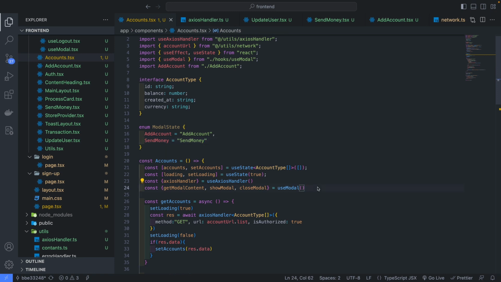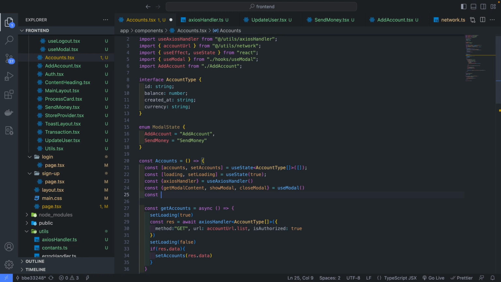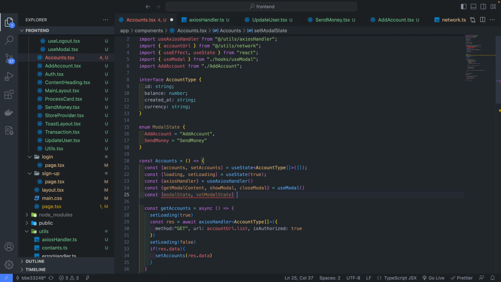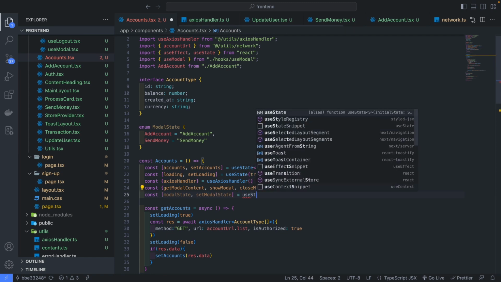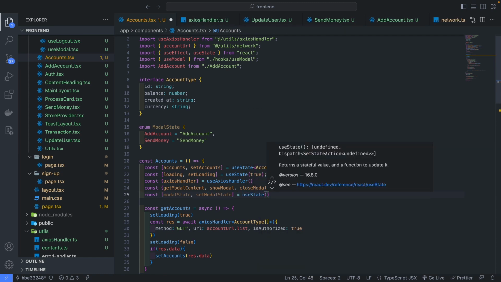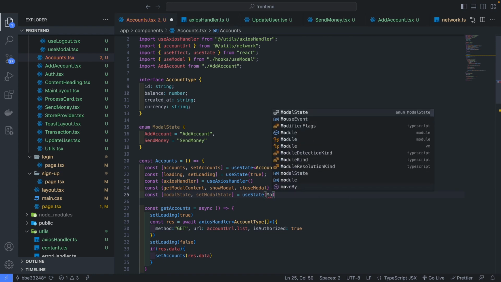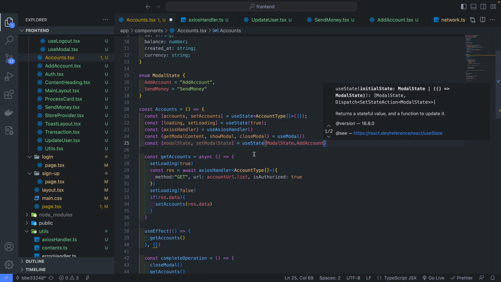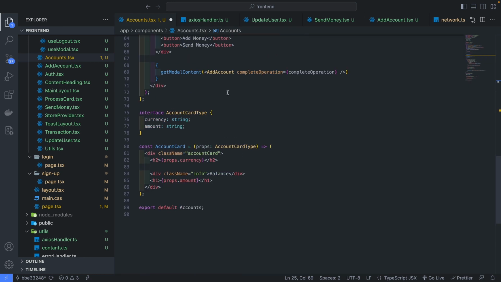So we can also specify it here. So const modal states, set modal states. And here we can have use states. And by default, the modal states is going to be modal state dot add account. So that's the default. So when we show the modal, this is what we show. And what we want to have here is just straightforward. So here we're going to have,